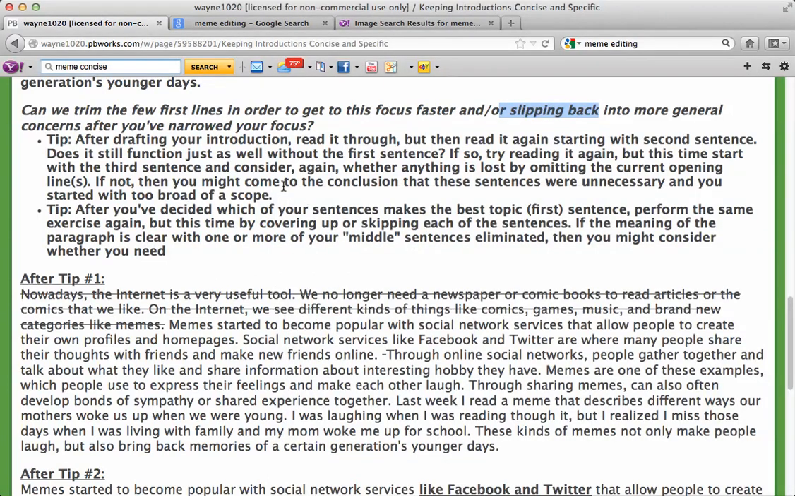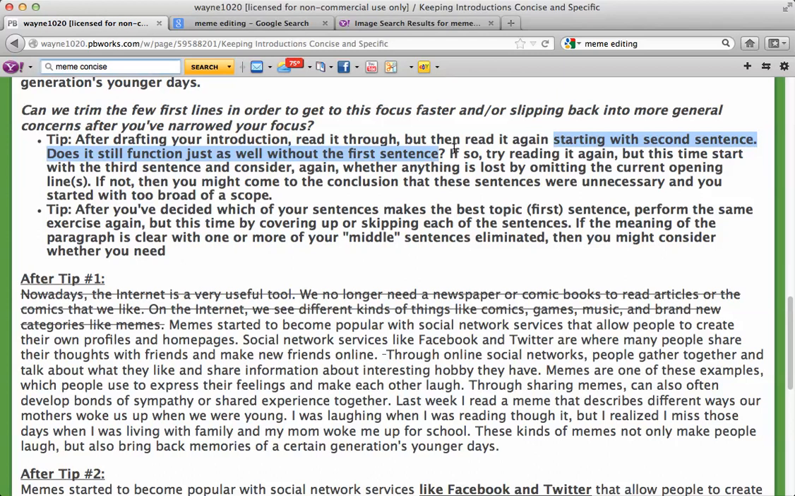So here's the first one. Read through your introduction. You should always read through your stuff. It's often, as you may have heard before, good to read your writing out loud to try to catch problems or awkward phrasing and things like that. But then read it again and skip the first sentence, right? And then ask yourself, does it function just as well without the first sentence? If that's true,